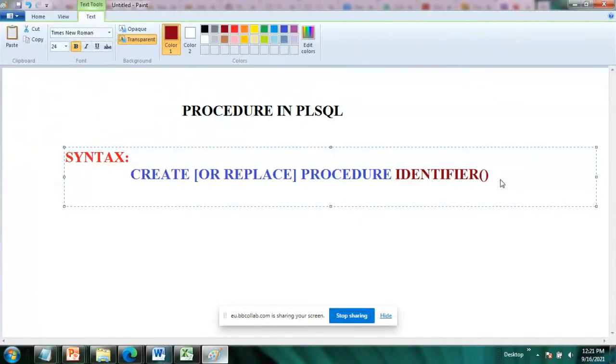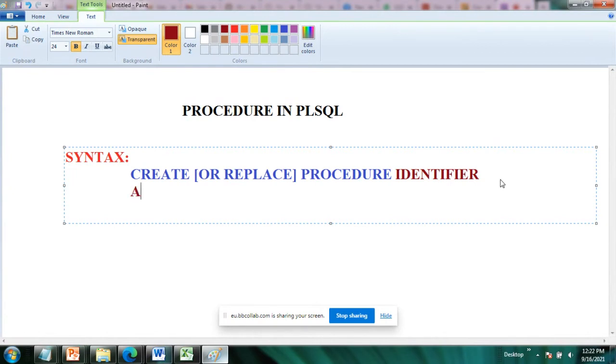After that, if you are writing a procedure for a query, then you can use parentheses, as you write in function creation. In a function you write int a, int b in this way. The same way, if you want to handle the database, you can write the identifier having the parameter. So there are two kinds of procedure you can create: first, procedure without parameter, and second, procedure with parameter. I will tell you both ways. First I am going to tell you procedure without parameter. Identifier means name of procedure.